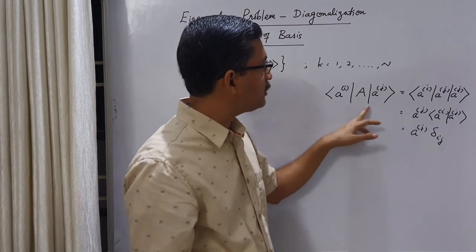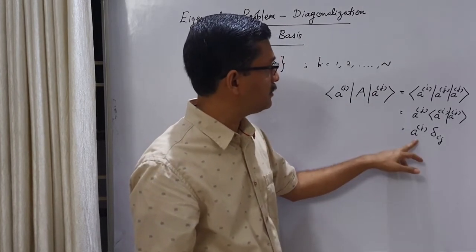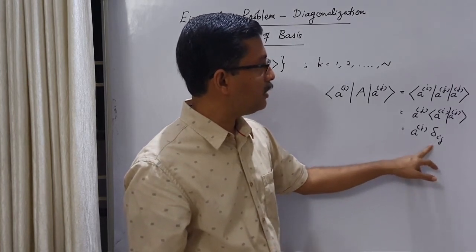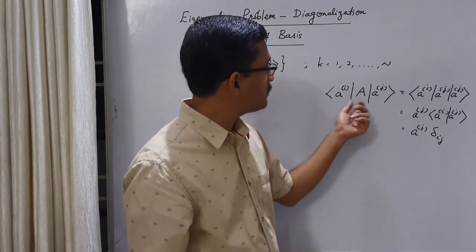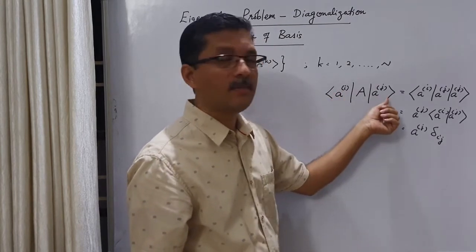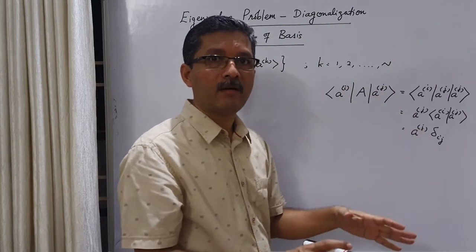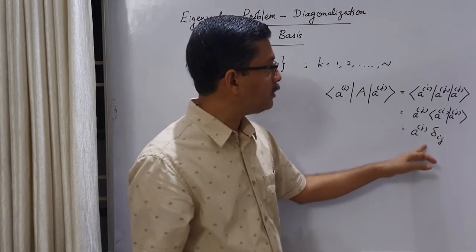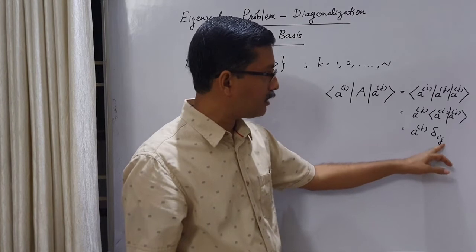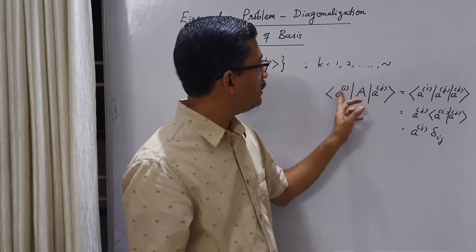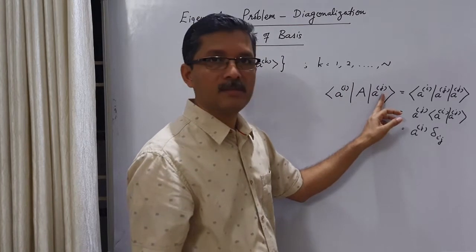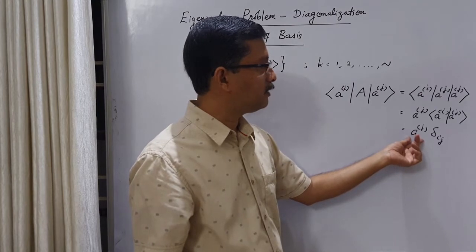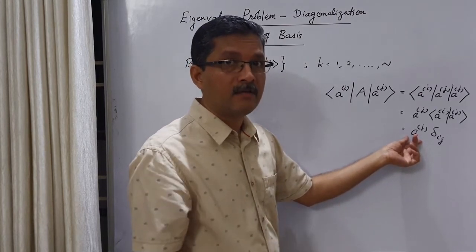But let us look at the left hand side again. This represents the ijth matrix element of A. And what we see here is that this is equal to a_j times delta ij. That means when i is not equal to j, when row index and column index are different, we get 0. That is, all the off diagonal elements are 0. Whereas when i is equal to j, the Kronecker delta gives 1 and we get some value here. i equal to j means the row index and column index are the same, that means only diagonal elements. So the diagonal elements are these values, and these diagonal elements are the eigenvalues of the matrix.